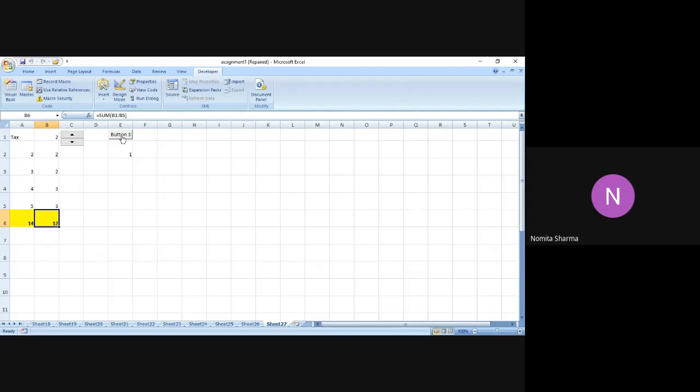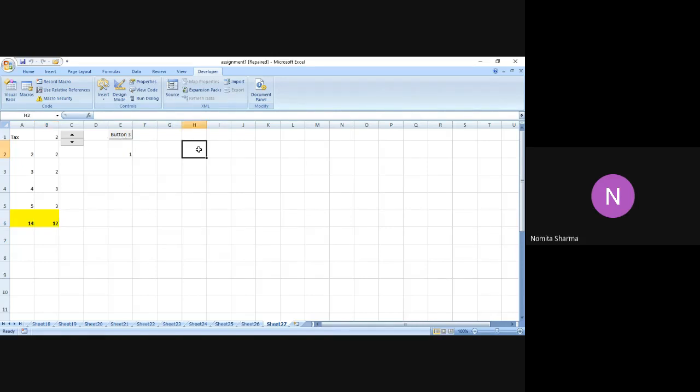You don't have to specially go to the view command or the developer command and then go to view macros and then run the macro. You can simply run the macro by assigning the button command in any cell of your Excel sheet. So the moment I click on that one more time, it will do the same task which we have just done in the A1 option. Let me do it one more time.